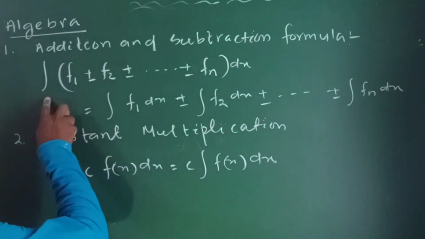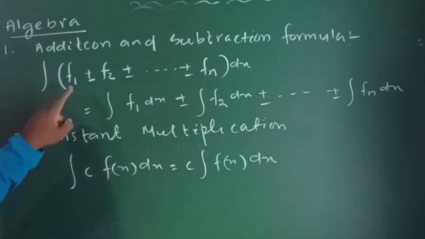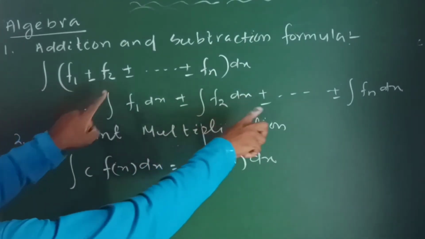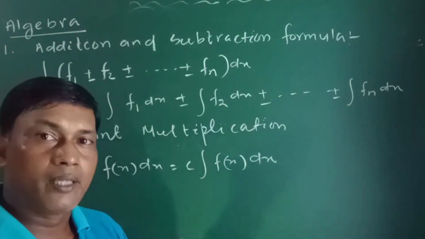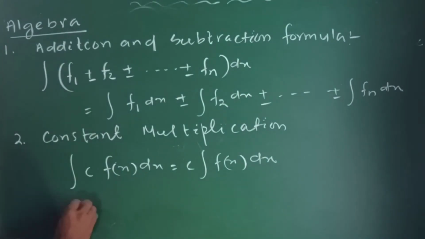So integration of f1 plus minus f2 plus minus up to fn dx is equal to integration of f1 dx plus integration of f2 plus integration up to fn. That means this is the linear property. So application of this is, suppose you have to integrate